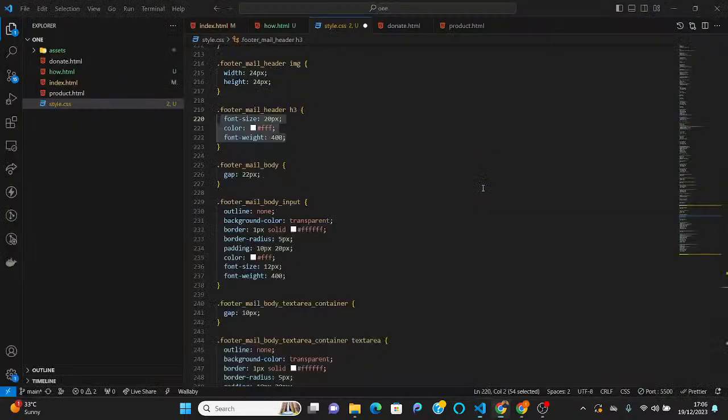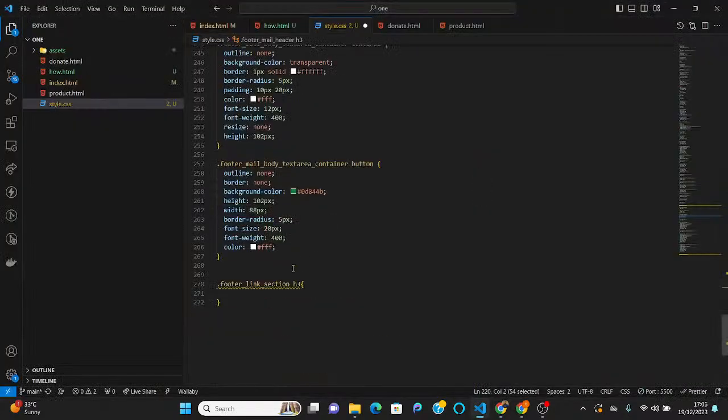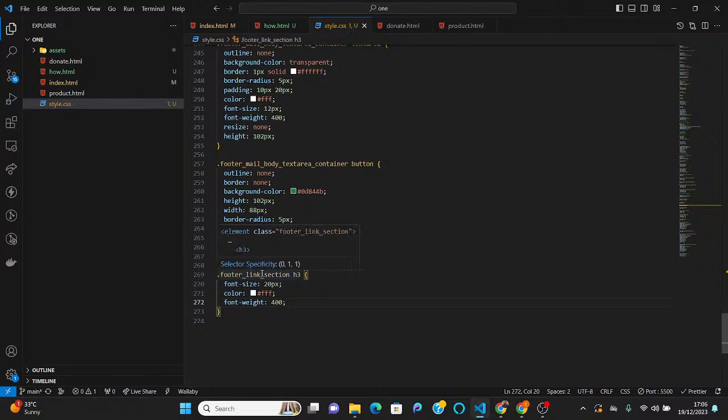So I'll just copy that and paste it here. Or better still, since these are the same thing, I'll just say footer section header,